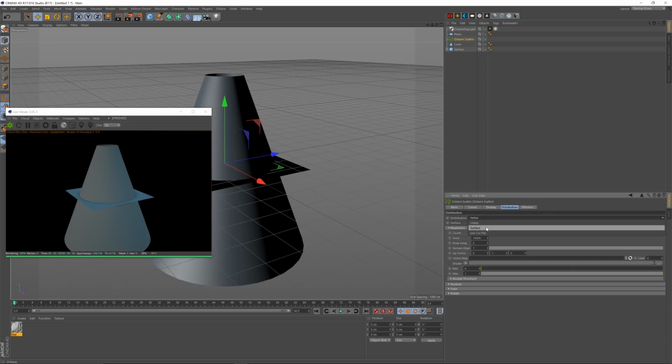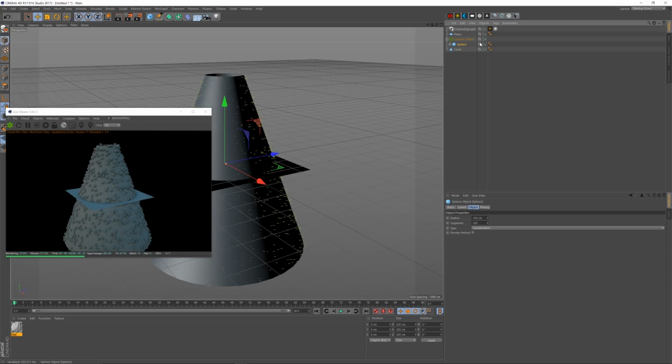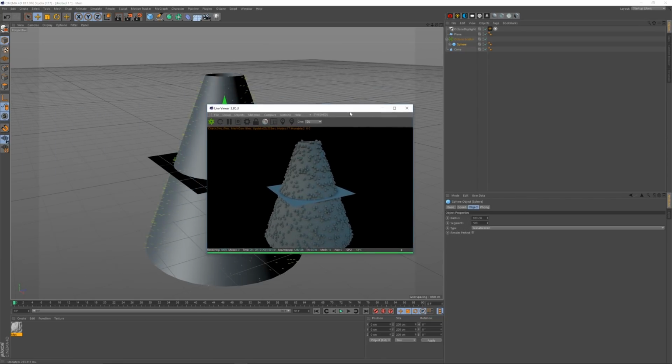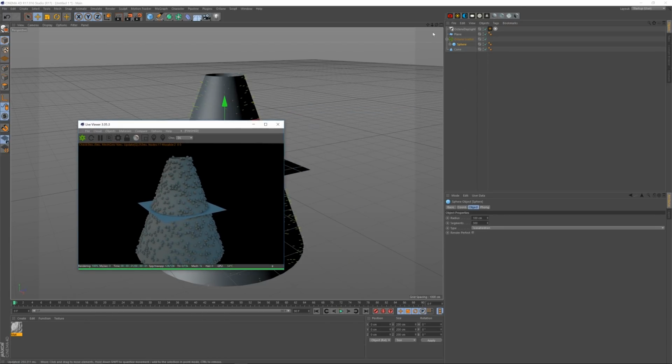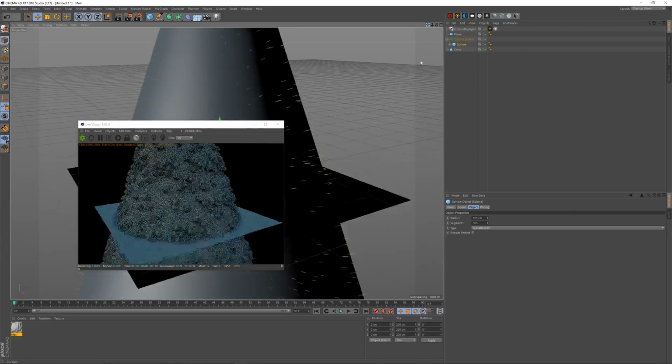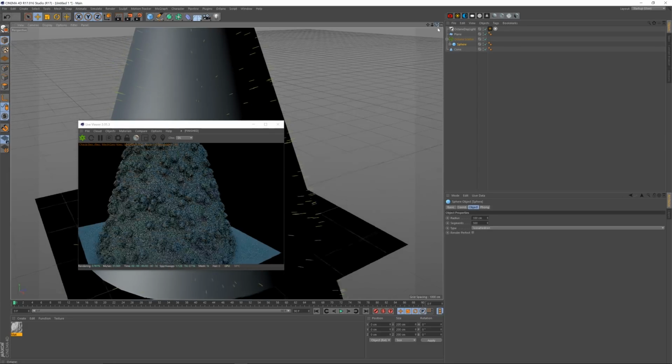So I want my scatter to go across the surface. I want that surface to be this cone. And I want my rock inside the Octane Scatter. There we go, it's populating it there, as we can see. And we obviously want it populated a lot more, but I probably don't want heaps, I just want them a lot bigger. So what I will do is I might find